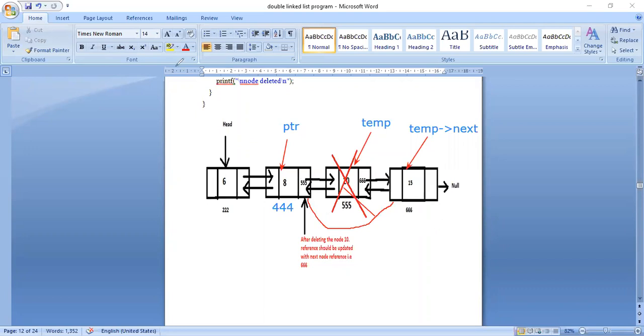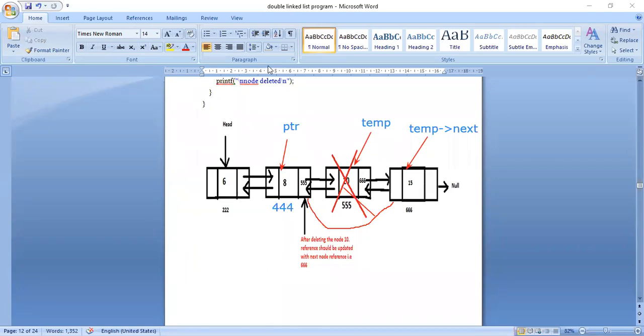Next, in temp of next, in the previous part, if I keep the value of PTR, so 444, automatically this link will come into function.